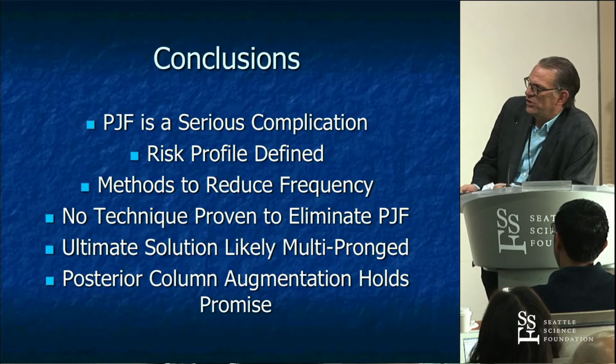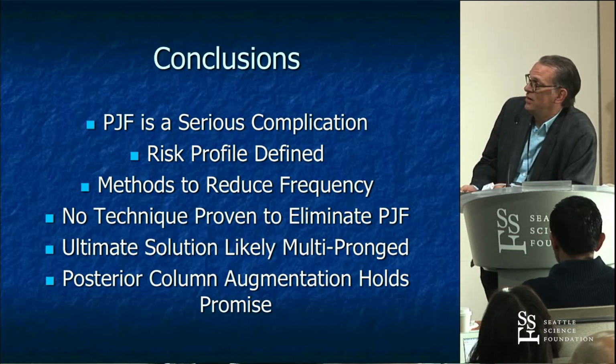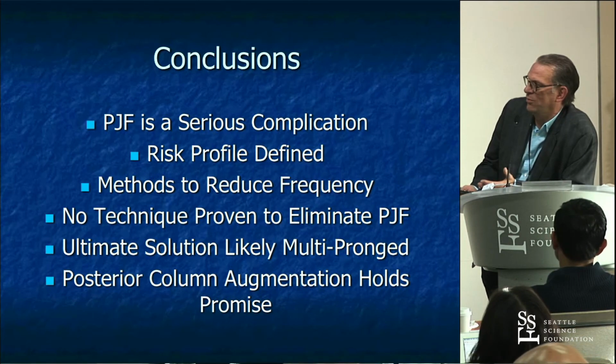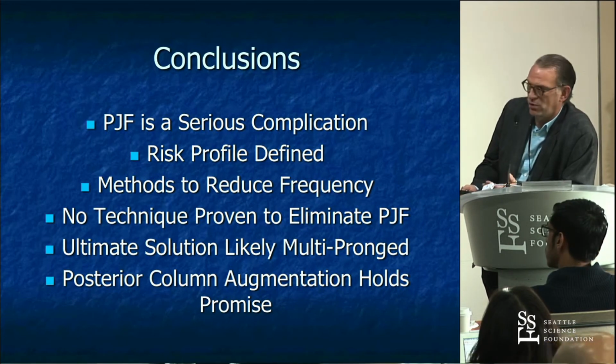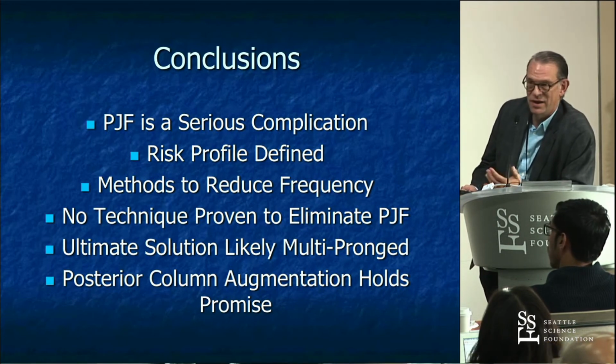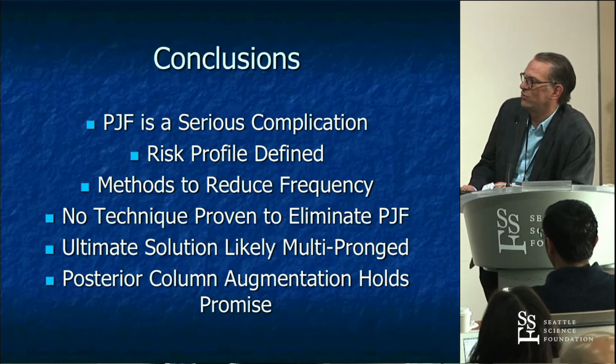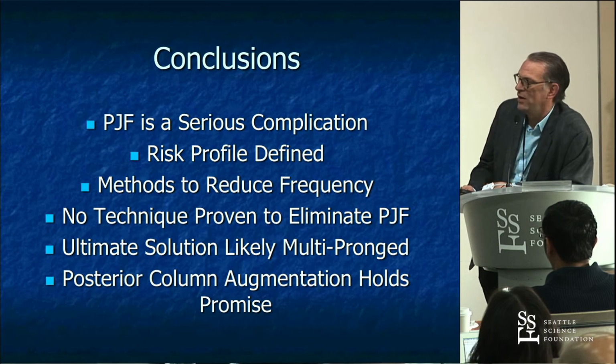So in conclusion, proximal junctional failure remains a serious complication. I think we know a lot now about the risk profile. We know something about methods to reduce the frequency. I think there's no technique that's proven to eliminate this, but the ultimate solution is multi-pronged, with both surgical technical approaches as well as planning, and I'll say preoperative optimization in terms of bone density I think is a critical element as well. But I think posterior column augmentation is really where we need to be looking,